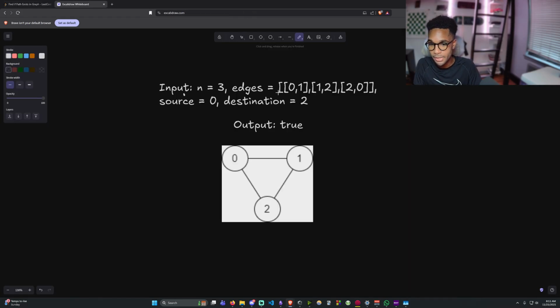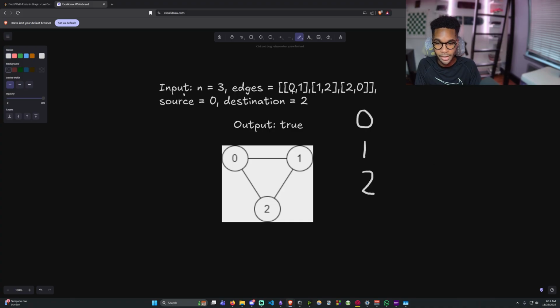All right, so I'm going to show you guys how we would go about solving this. Whenever you receive an edge list, let's say there's a 90% chance you're going to have to make an adjacency list. An adjacency list is essentially a dictionary in Python where the key will be the name of the node, since it's 0 to n minus 1, it'll be a number, and the value will be a list of all nodes it connects to. So in this example here, we'd have a dictionary with the keys 0, 1,